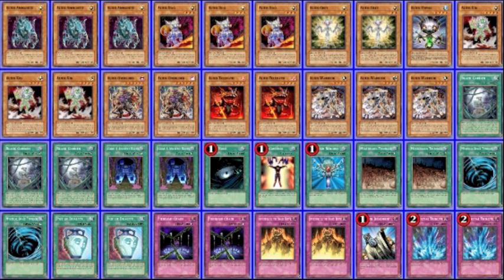And its effect is that you can return all face-up spells and traps on the field to the hand, so not just the ones you control, and then distribute new A counters onto the field, equal to the number that were returned to the hand. So you can get rid of your opponent's and yours, and then you can generate more A counters. In addition, once per turn, you can get rid of 2 A counters on the field to destroy a card on the field. So, of course, it's very balanced, very good, but it hasn't seen very much tournament play because it's balanced,